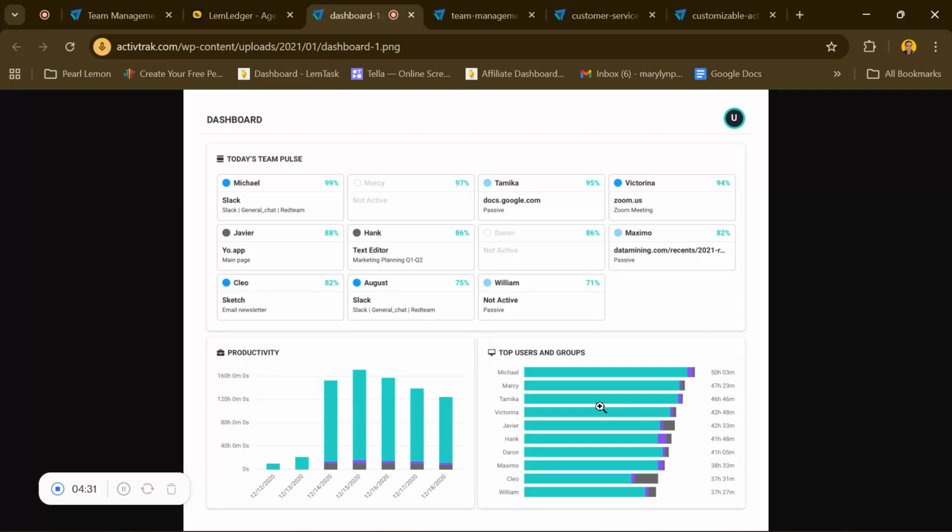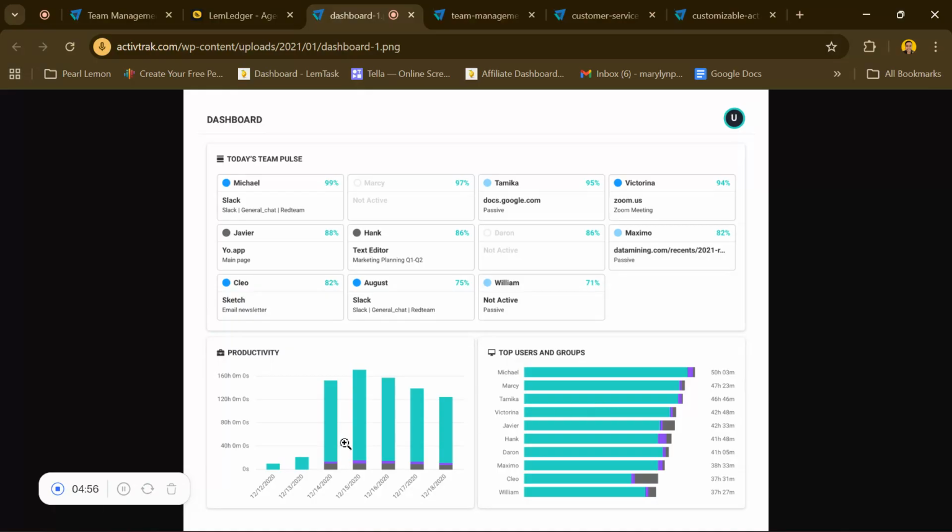So if I was going to work on content writing or editing or designing, ActiveTrack would automatically record the apps that I'm using, and the client would be able to see that, okay, Marilyn did this. She was using Slack for this much time. So ActiveTrack would automatically just track that kind of data. Now,